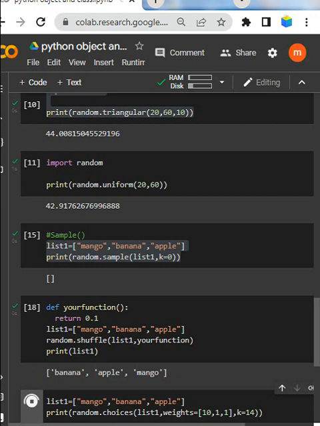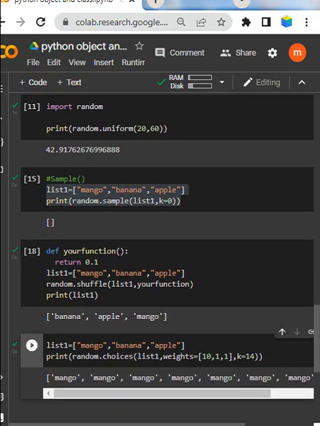what happened, because it returns a list with 14 items. A list has been given, with weights 10, 1, 1. So the list should contain randomly selected values from the specified list, and there should be a 10 times higher possibility to select the apple. Here is the mango, so we can see it select the mango. If you write here 3,